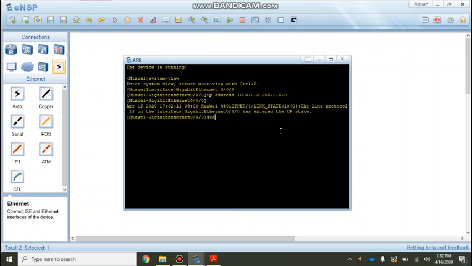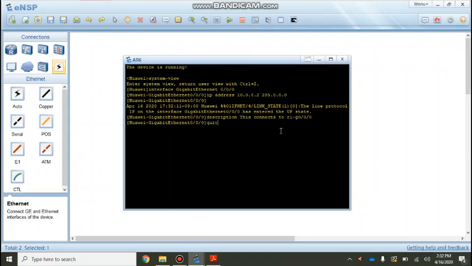And now I'll have to connect it to router 1. For that, the same description command will be followed here. Description: this connects to R1 0/0/0. So now it's connected to R1.